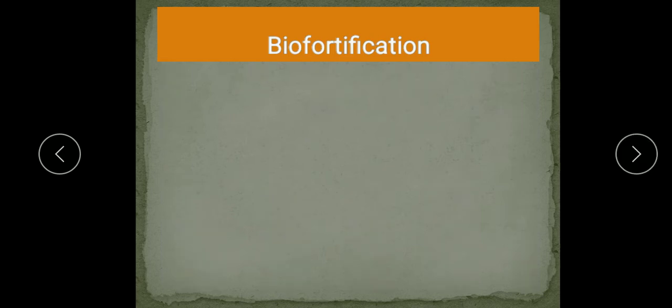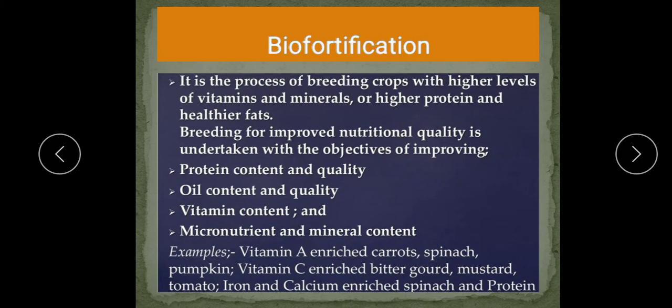So biofortification is the process of breeding crops with higher levels of vitamins and minerals, or higher protein and healthier fats. Breeding for improved nutritional quality is undertaken with the objective of improving